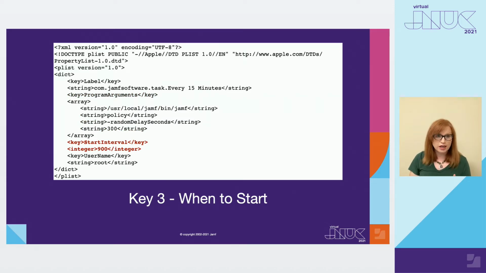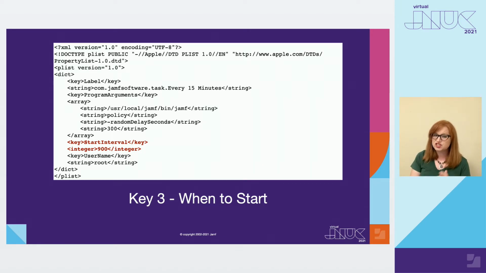So the third key that we're going to look at here is actually when this launch daemon is going to start. So like I said, this is not required. If you don't include this, this launch daemon is going to attempt to run your arguments all the time. So it's just going to try to do that jamf policy. It doesn't necessarily mean that it's going to succeed in running all the time, but it is going to try to.